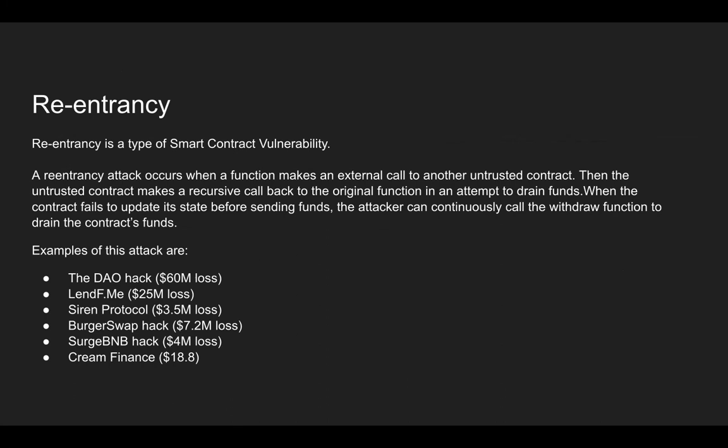Next, I'll be talking about reentrancy as a type of smart contract vulnerability. A reentrancy attack occurs when a function makes an external call to another untrusted contract, and the untrusted contract makes a recursive callback to the original function in an attempt to drain funds. When the contract fails to update its state before sending funds, the attacker can continuously call the withdraw function to